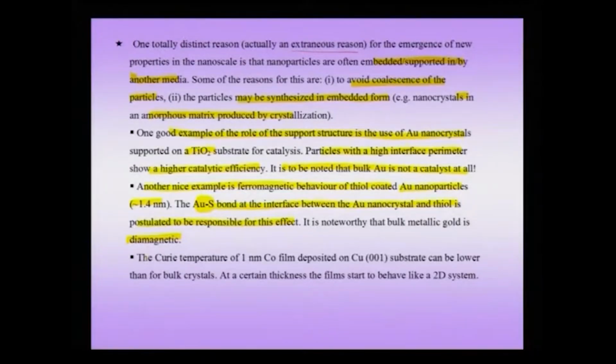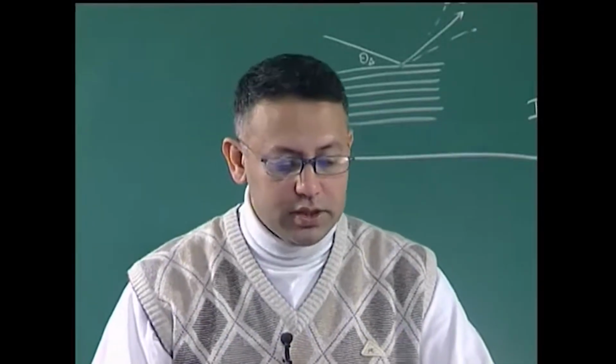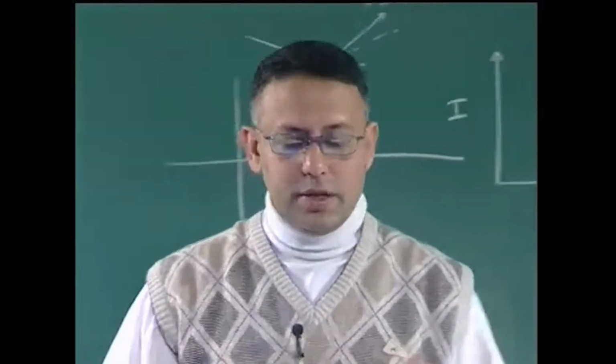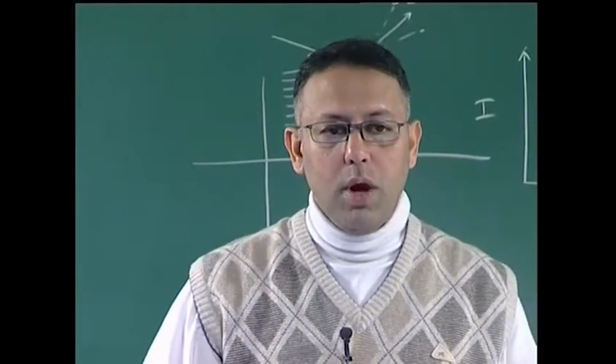And one more example we would like to consider here is the Curie temperature of a 1 nanometer cobalt film deposited on a copper 100 substrate, which can be lower than that for bulk crystals, and at a certain thickness the film starts to behave like a 2D system. So, in this case again the cobalt film is influenced by the copper substrate, and if of course I am talking about an epitaxial film, then the epitaxial stresses would further influence the way this magnetism is going to be present in this material. But nevertheless, in all these systems you can see that you are having a support medium,